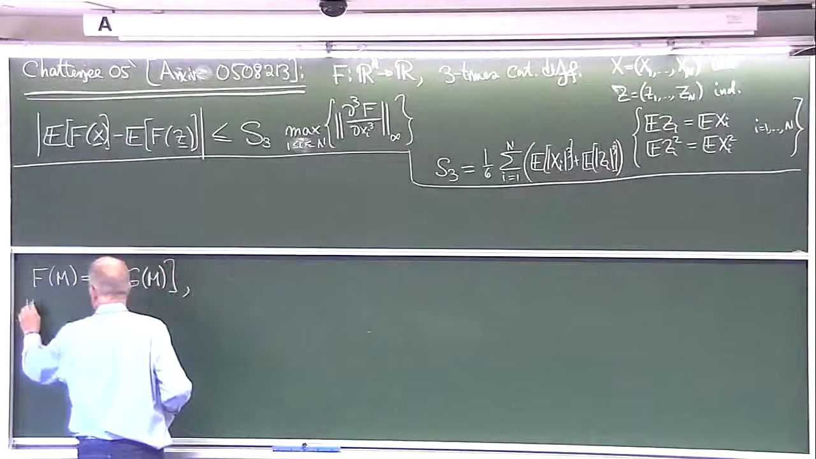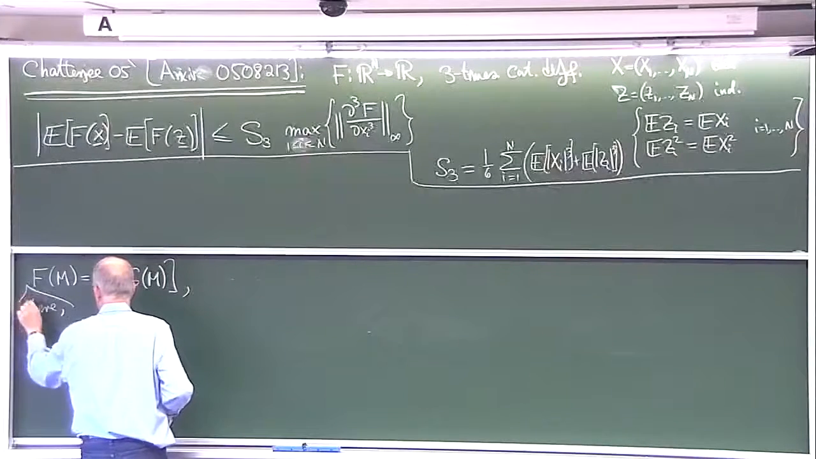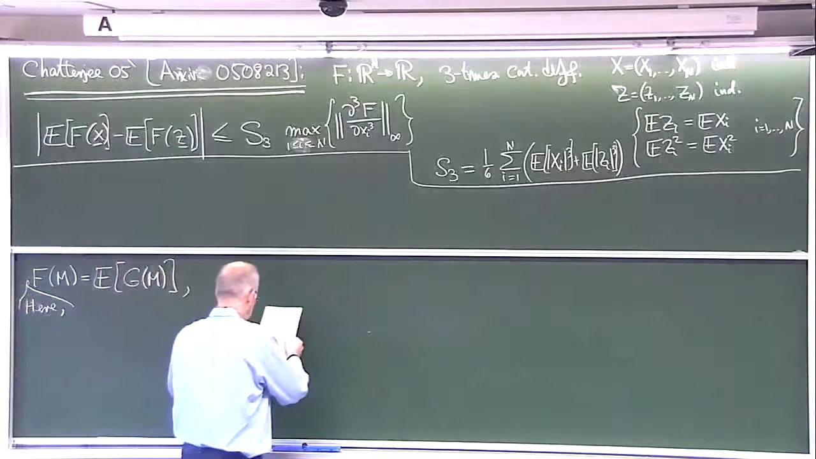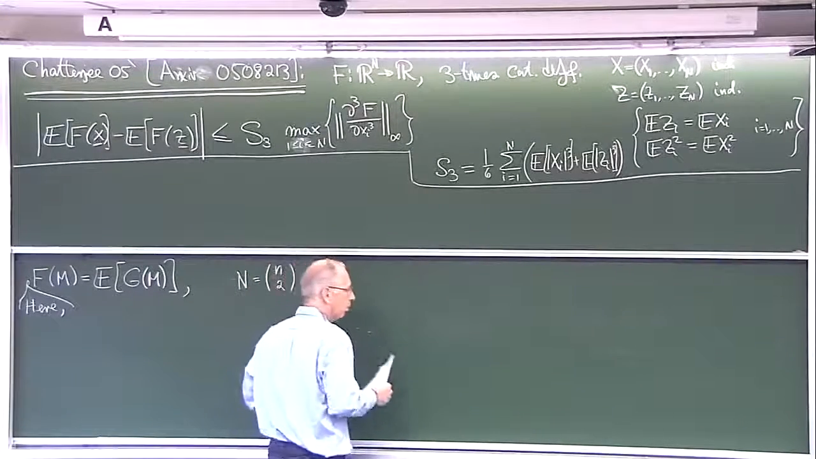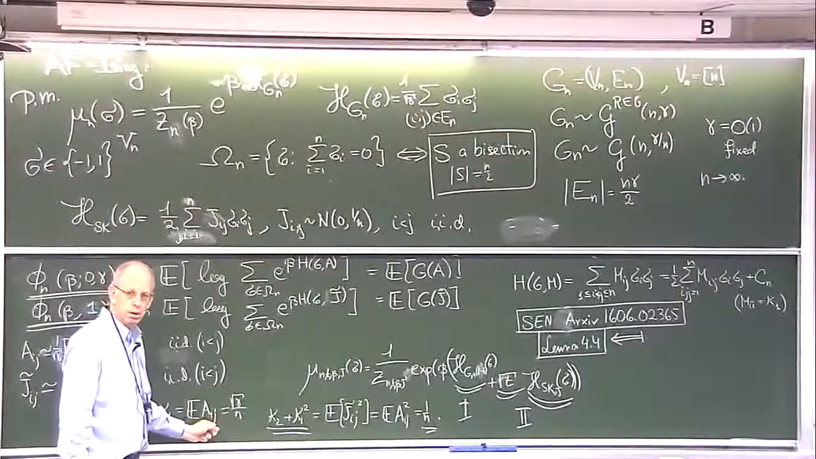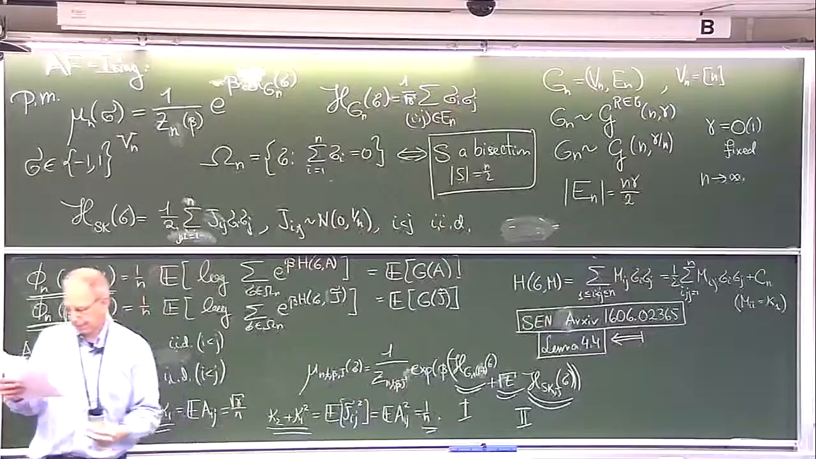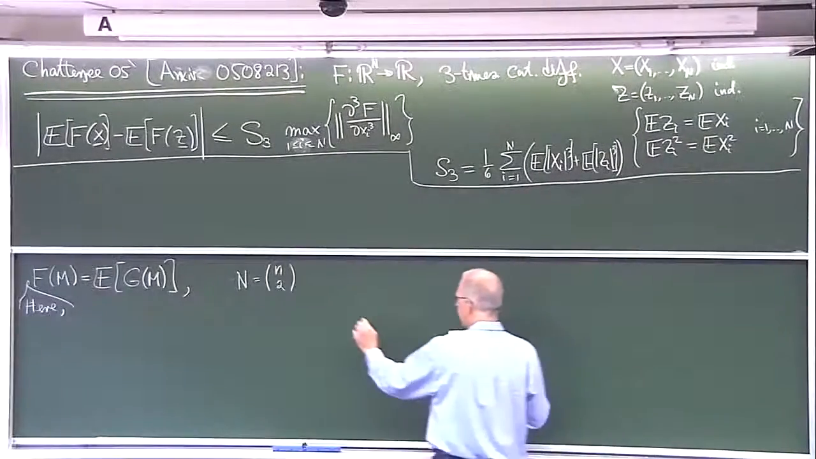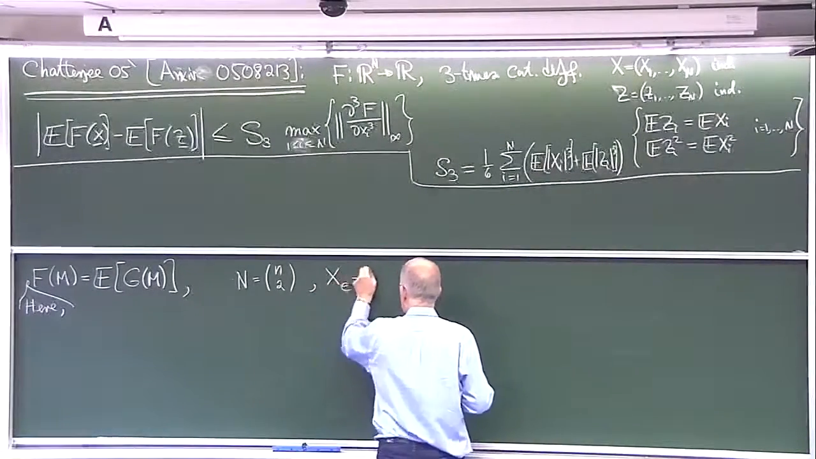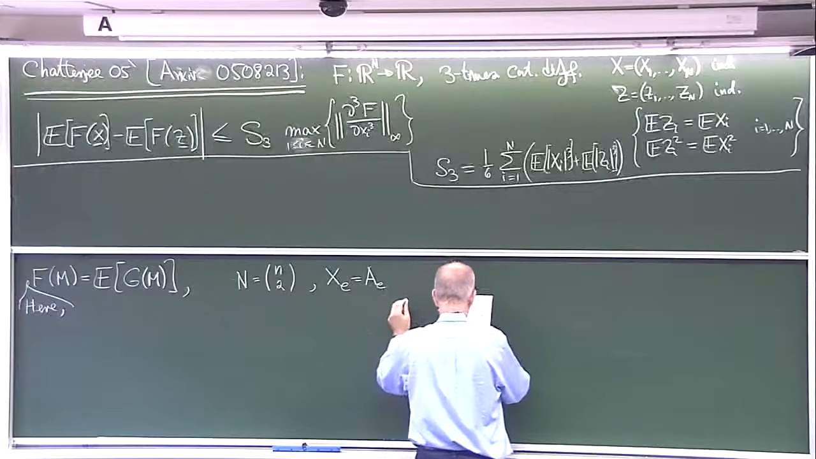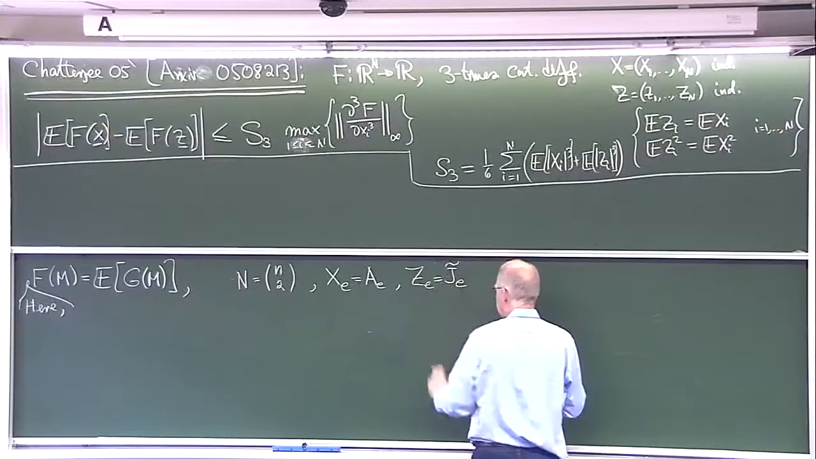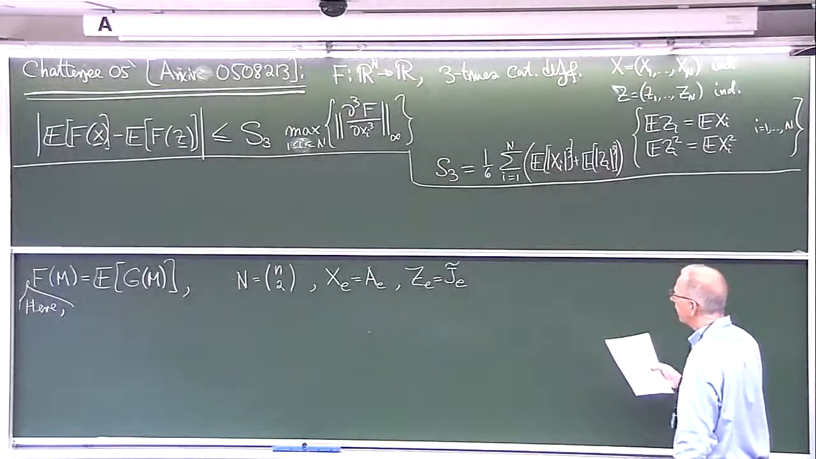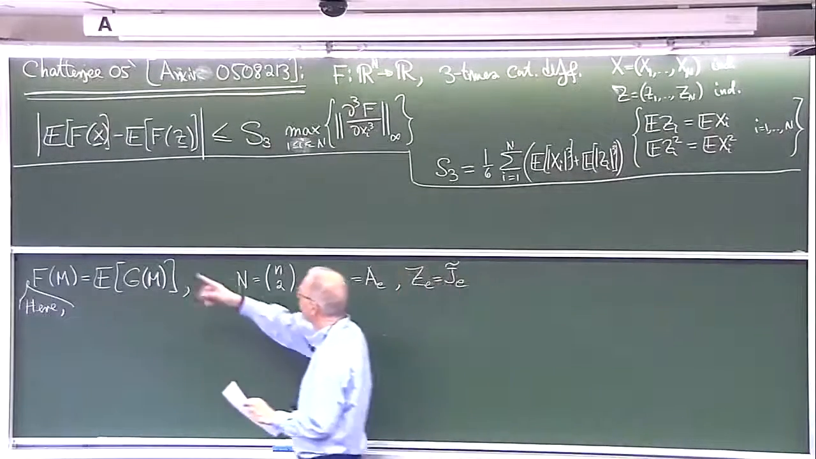So here is Chatterjee's paper, and big N is going to be n choose 2, because our basic variables are living on the edges. So we have the XE is AE, and the ZE is the J tilde E. And if we do that, then exactly this quantity